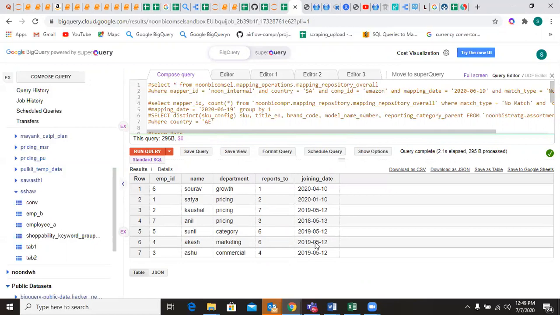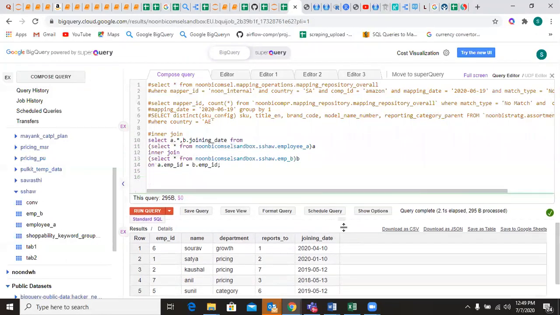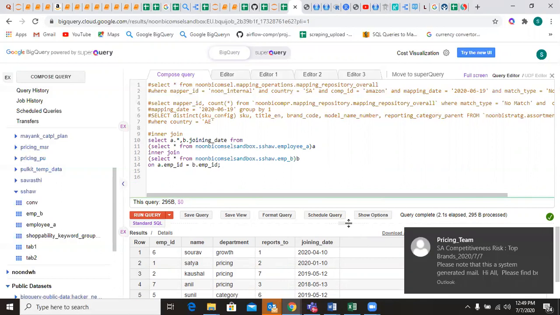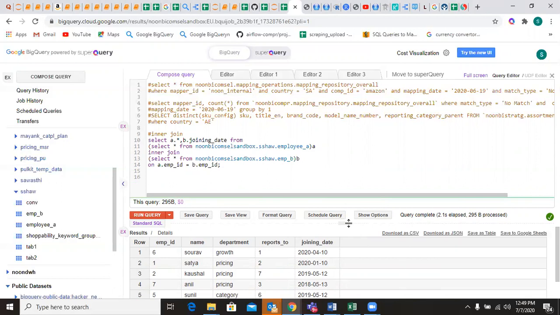The ones which are missing in either of the tables will not get displayed in case of inner join. It's simply the intersection of both the tables, the datasets. So this is simple, more like A intersection B. Inner join is used in a scenario where we want only the matching values in both the tables.